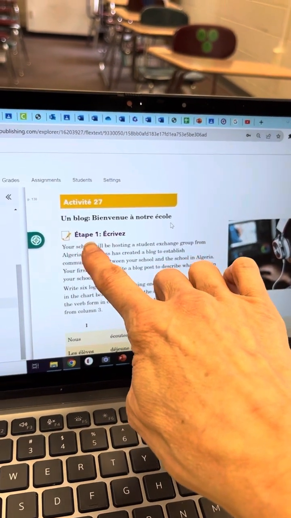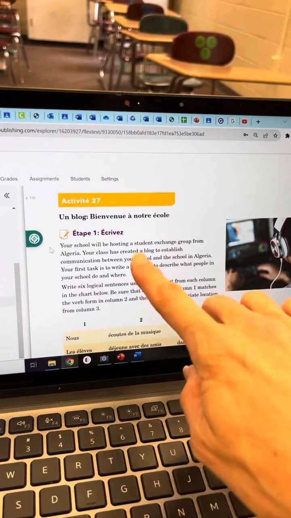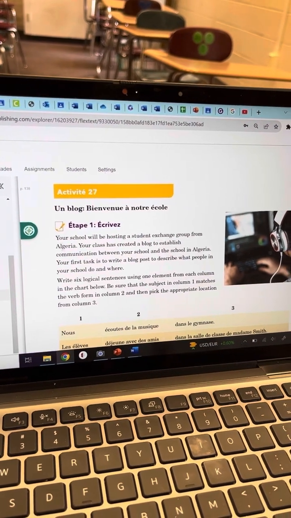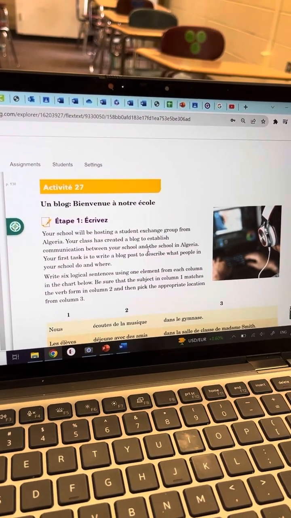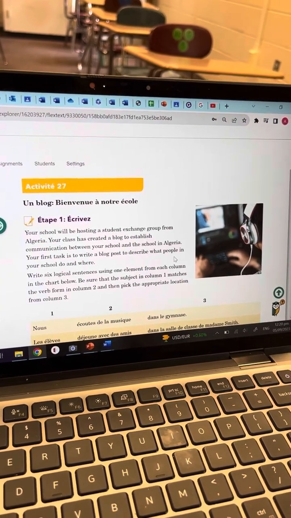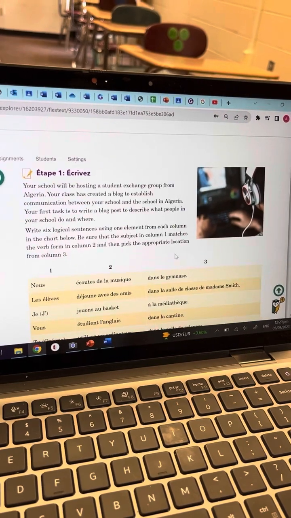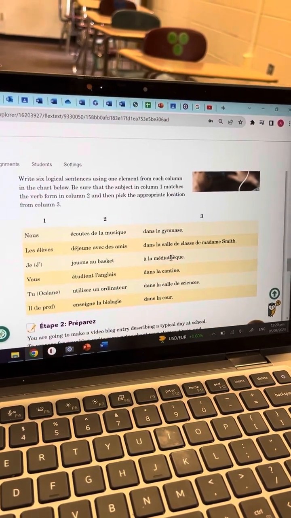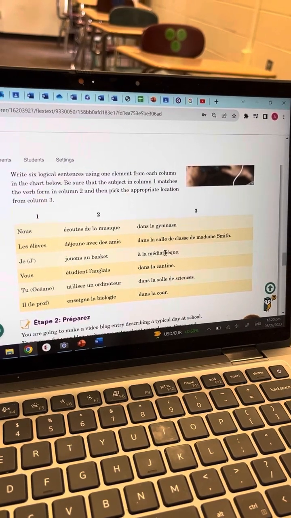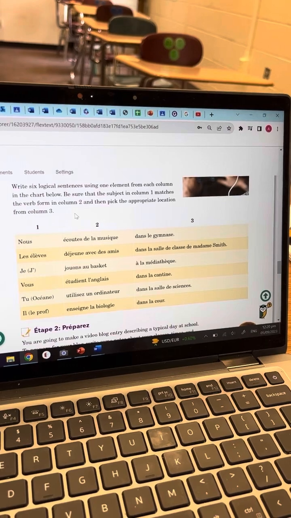Okay, étape 1, stage 1, écrivez, write. Your school will be hosting a student exchange group from Algeria. Your class has created a blog to establish communication between your school and the school in Algeria. Your first task is to write a blog post to describe what people in your school do and where. Write 6 logical sentences using one element from each column in the chart below. Be sure that the subject in column 1 matches the verb form in column 2, and then pick the appropriate